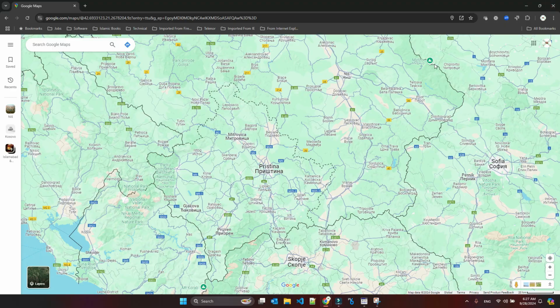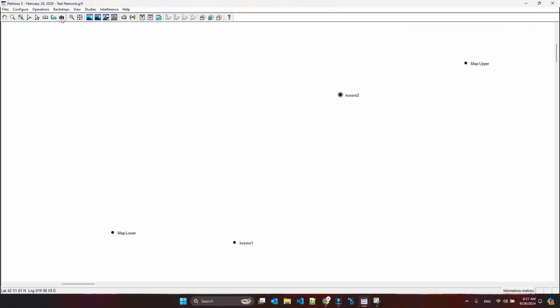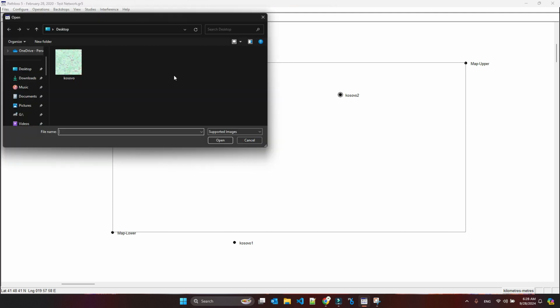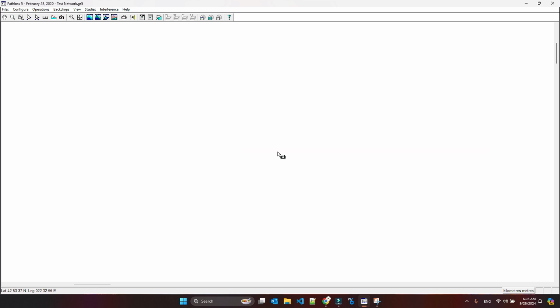And now on Pathloss, it is now, you can say, very simple. You have to go to this, you have to click on this picture and then start from one and go to the other. Now whatever picture we will select, Pathloss will bring the picture in between these 2 points, or it will put this picture here. So when I drop it, it gives me the idea that okay, you need to put this picture. I say yes. So we can see that this was the place HN something, and